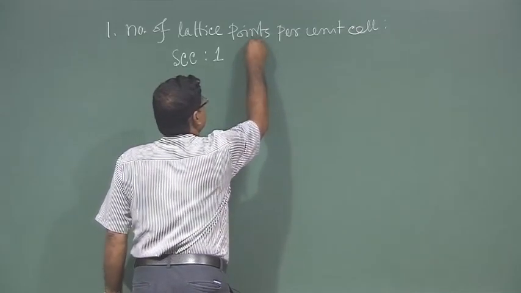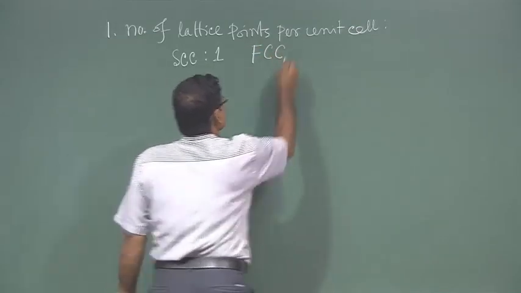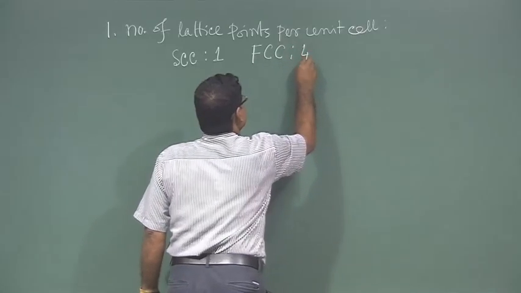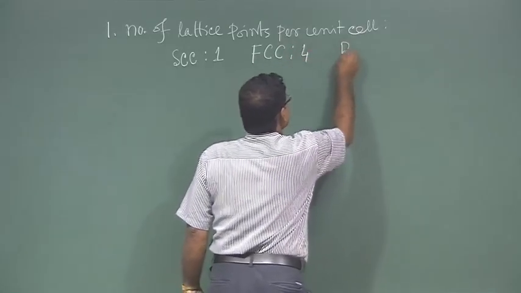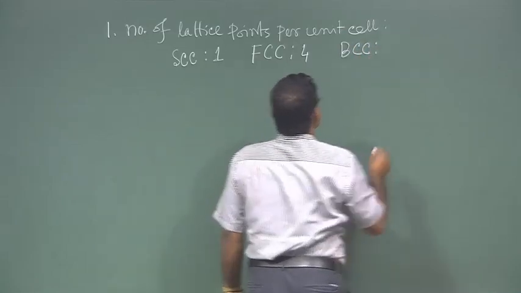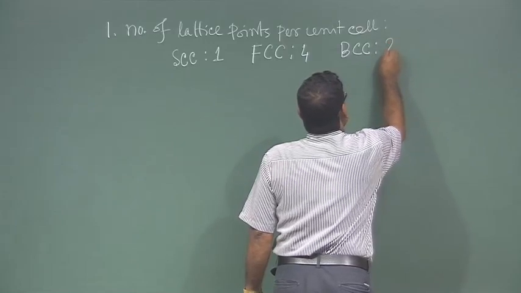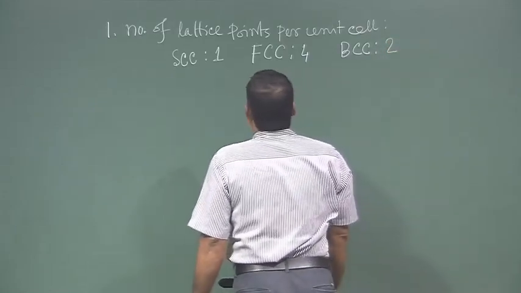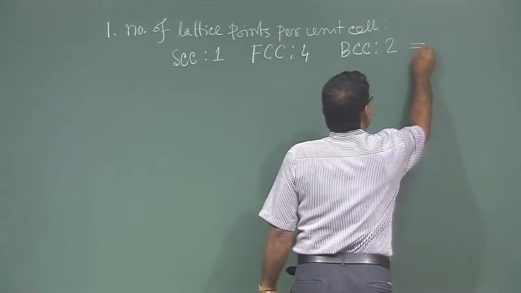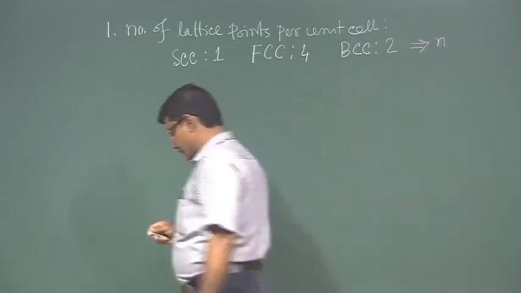For FCC, face centered cubic, we have seen this 4, and BCC, body centered crystal, we have seen this 2. So, let us see it represented by this number small n, and then we have